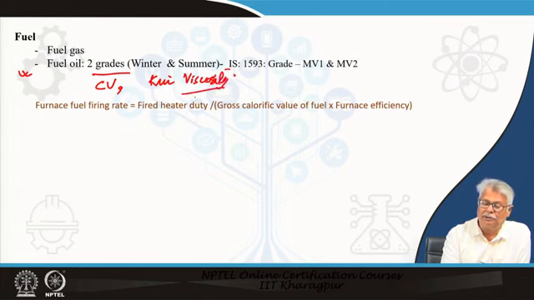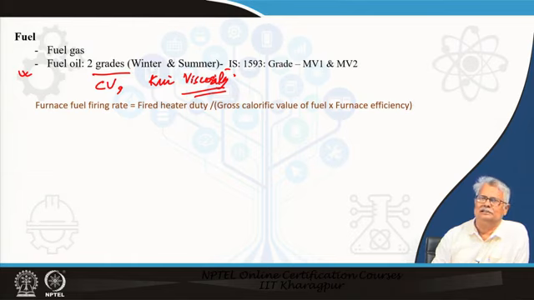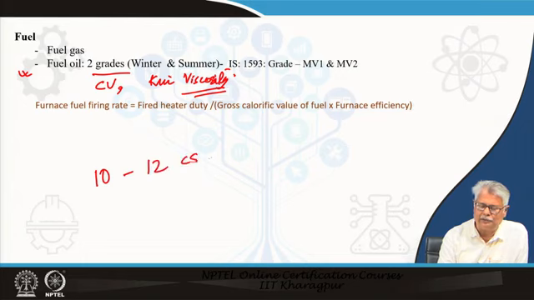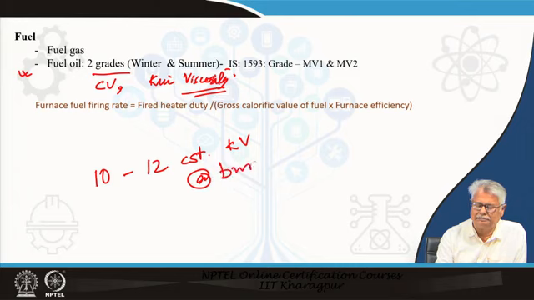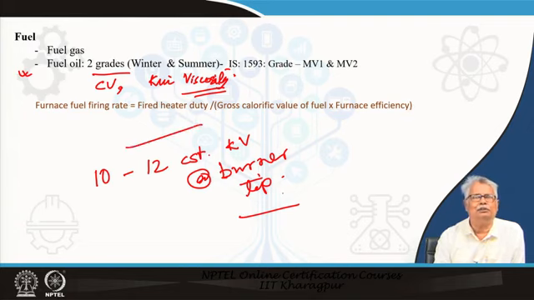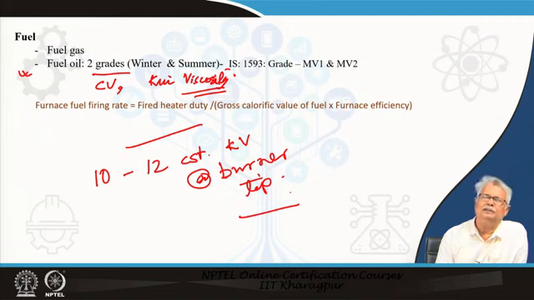It is very important because the fuel oil, in order to burn at the tip of the burner, needs to be atomized. And most of the burners require typically 10 to 12 centistokes kinematic viscosity at burner tip, which could be achieved by preheating the fuel oil, or even by using steam as the atomizing medium. So, depending on what you have, you will definitely be using the fuel oil of the proper grade, and